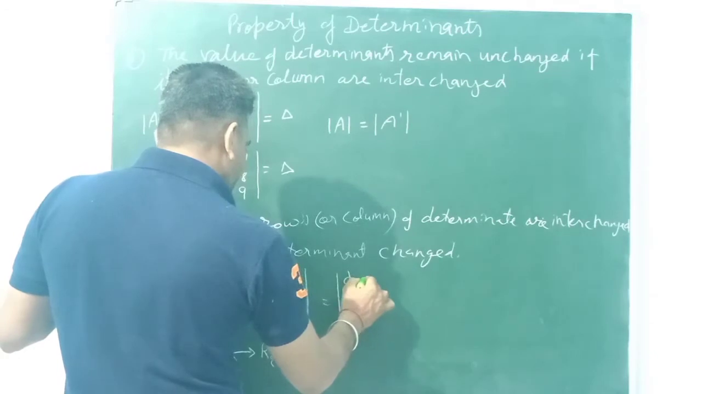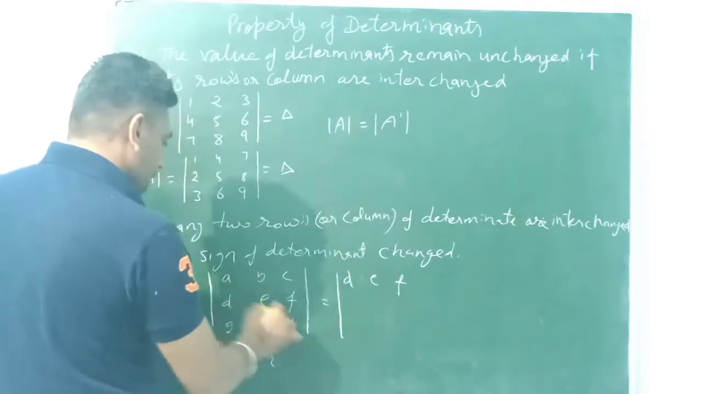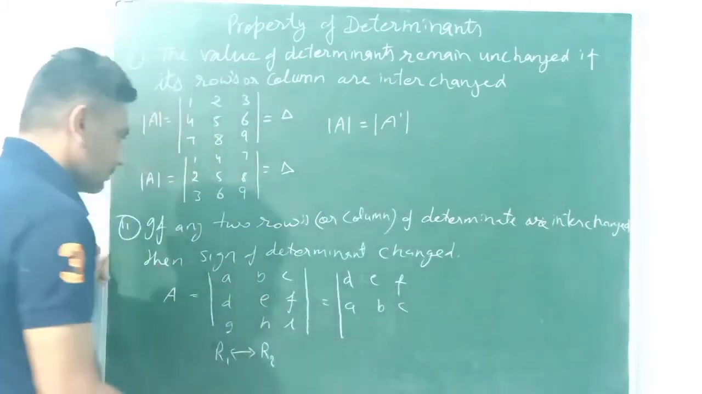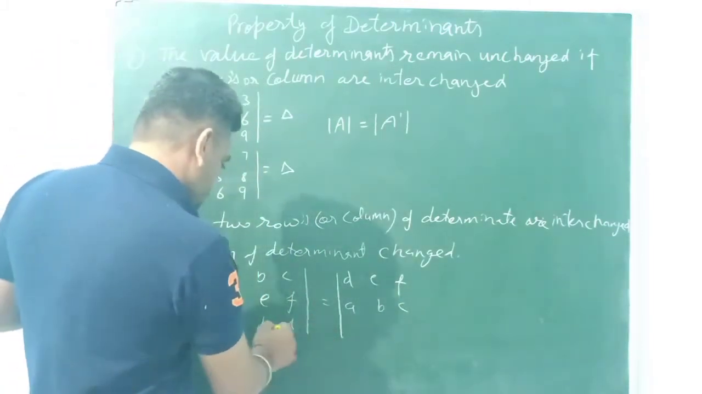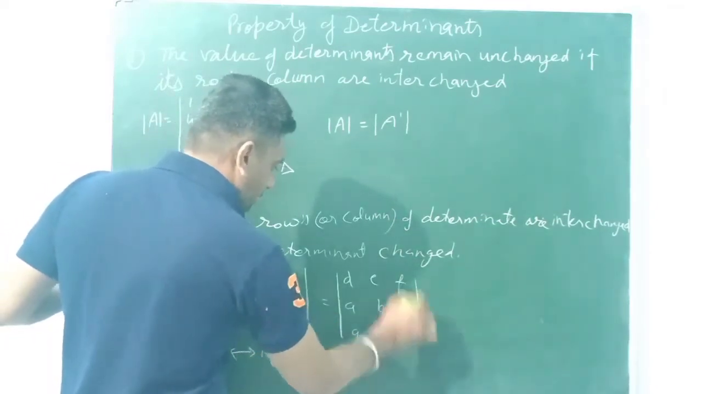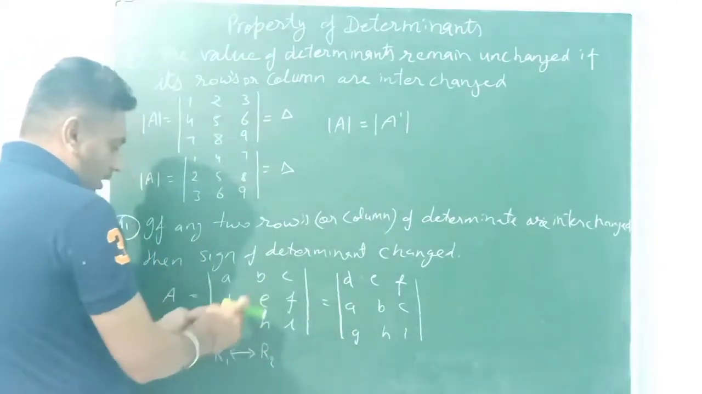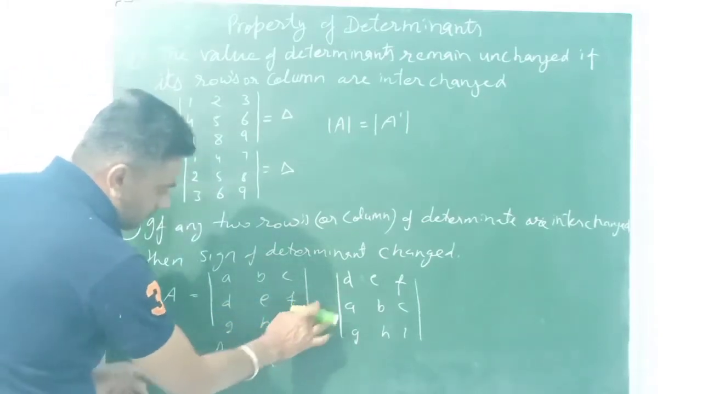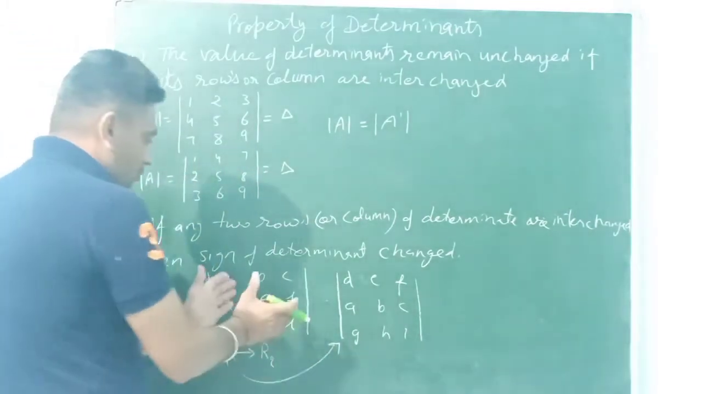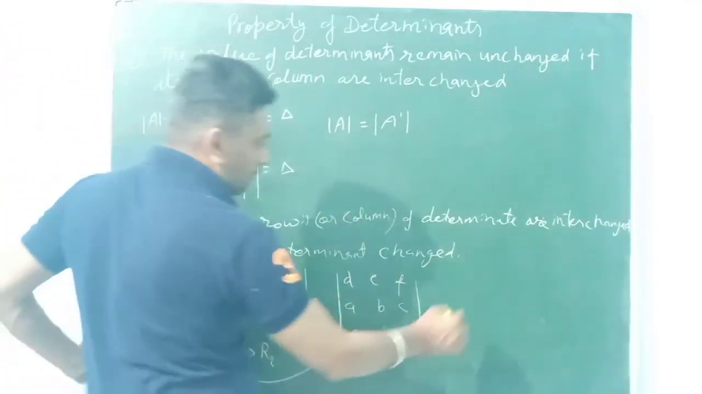D, E, F, A, B, C and G, H, I. Here this is the given determinant, and when we change R1 to R2, the determinant becomes this. So when we find the determinant value of this,